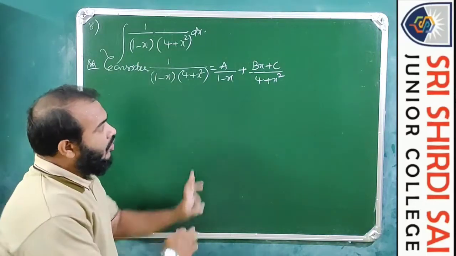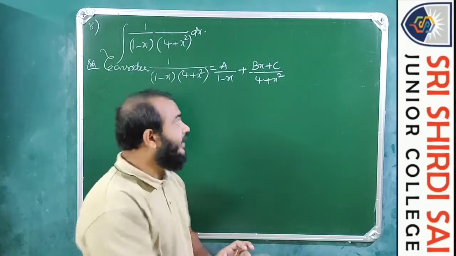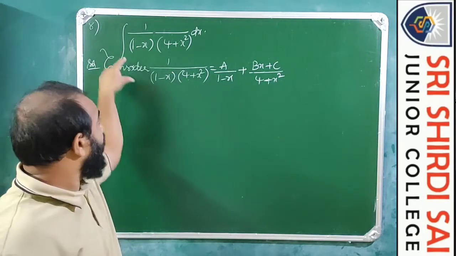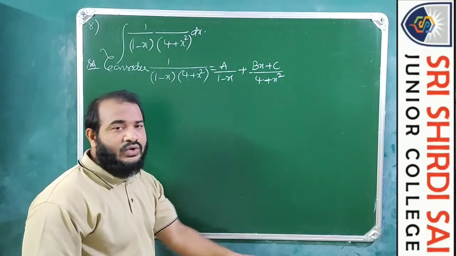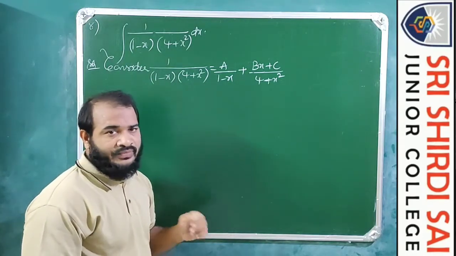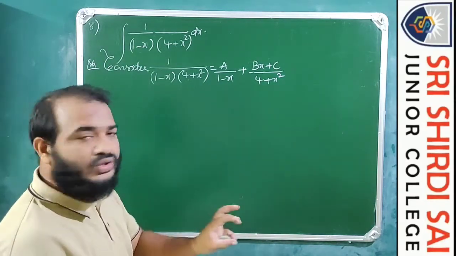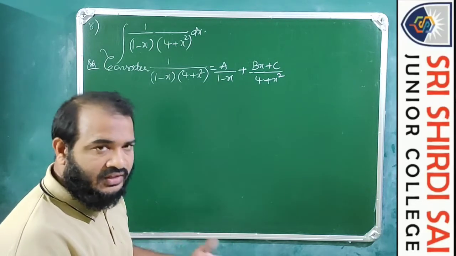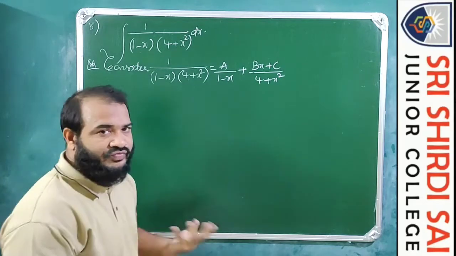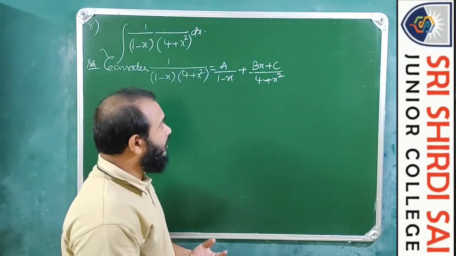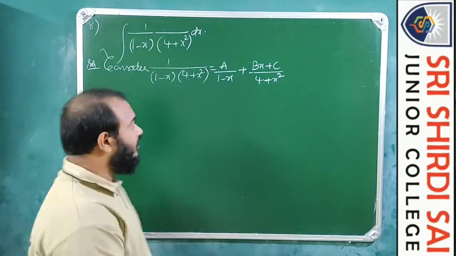So one of the three constants a, b, c we will be getting through equating x equals to 1, because 1 minus x is a factor equated to 0. 1 minus x equals to 0, 1 equals to x, or x equals to 1. X equals to 1 is the root or solution, and root or solution has to satisfy the equation. So if you substitute x equals to 1 in the equation, then one of the three constants we will be getting, right?